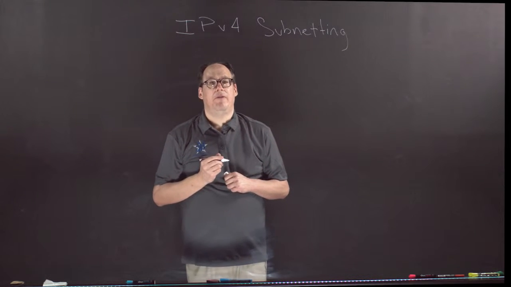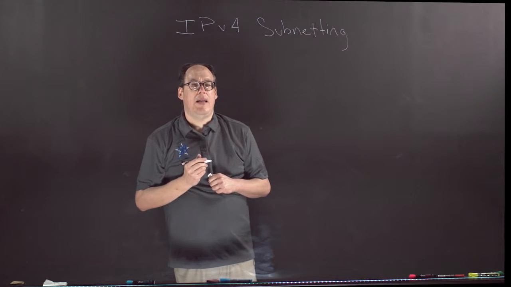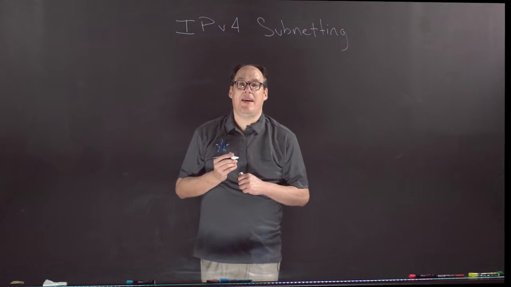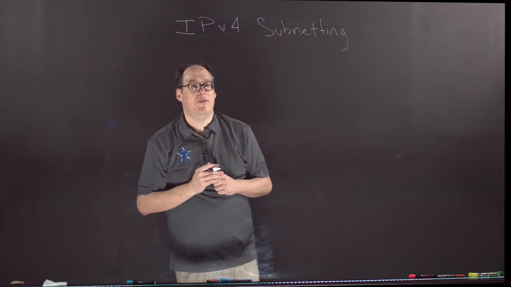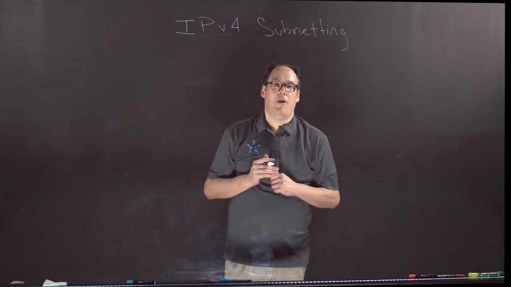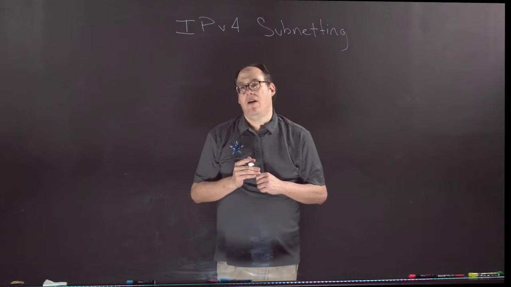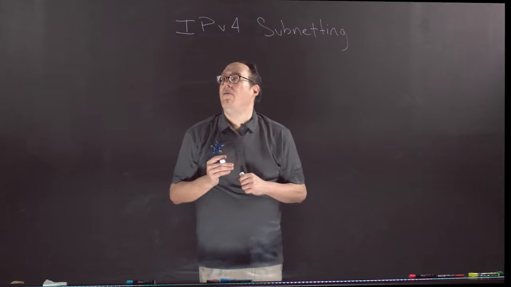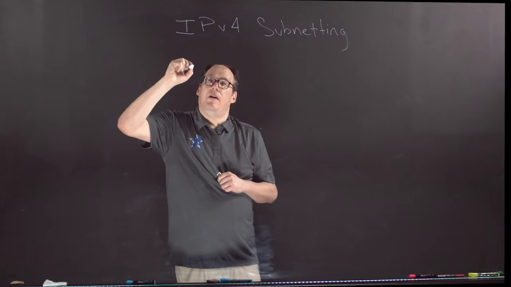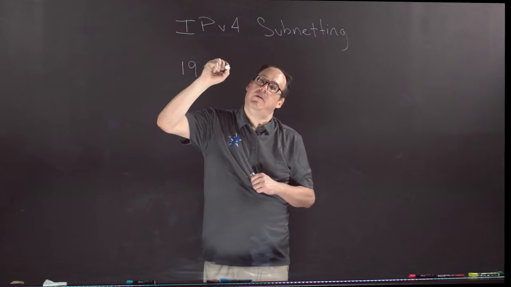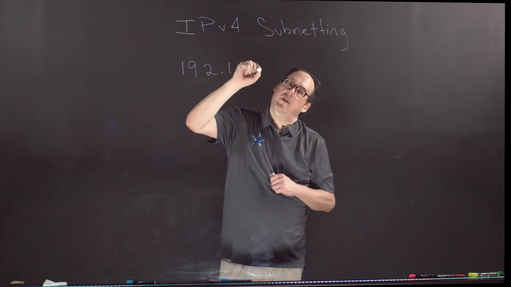The network boundary is the actual IP address that begins the network, but it isn't actually included in the number of hosts or the host portion of the address. So I'll give you an example of what we mean when we talk about a network boundary. We're going to start with a common network. In this case,